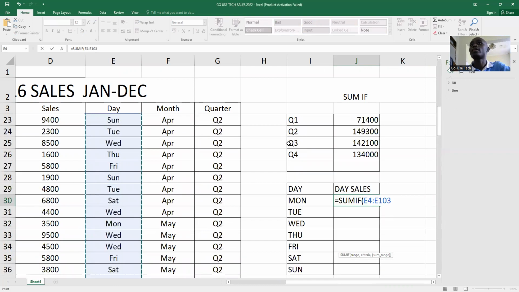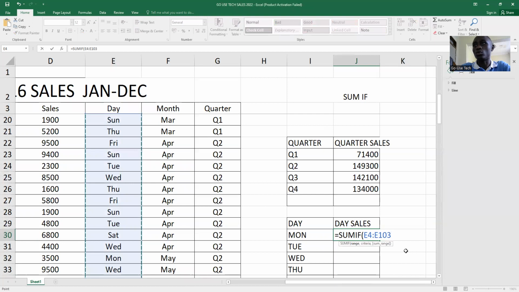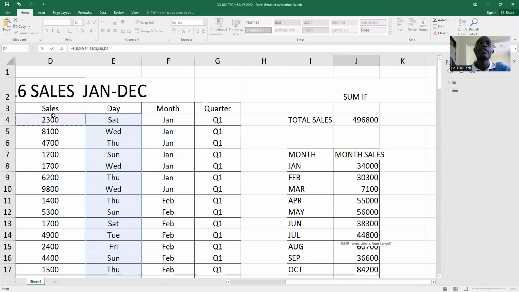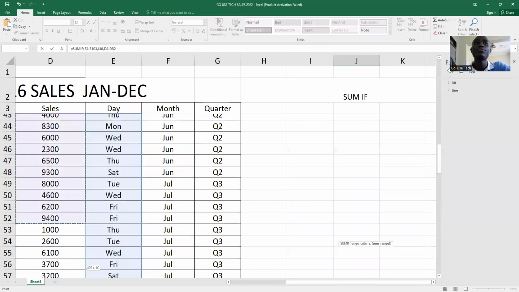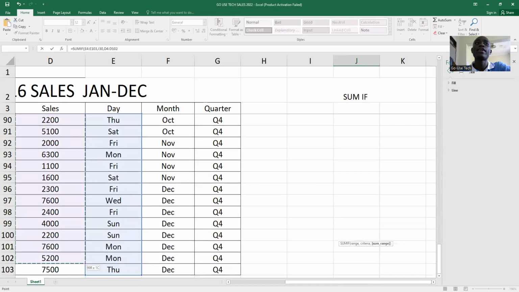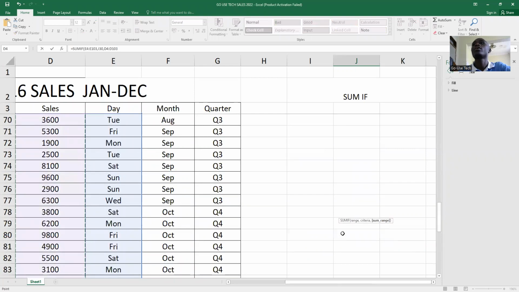So after that, we put a comma, and then our criteria will be Monday, and then our sum range, we come to sales again, and then we scroll down, and after reaching here, we come and we just close,